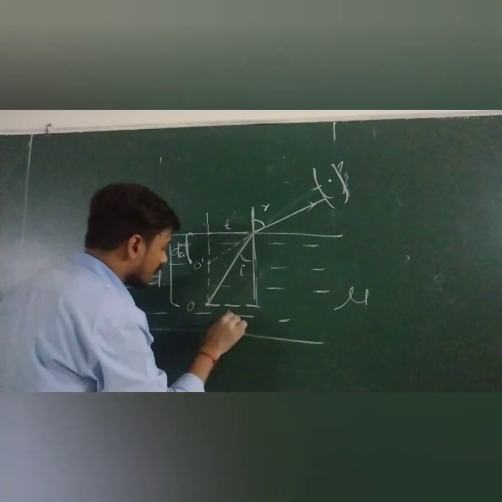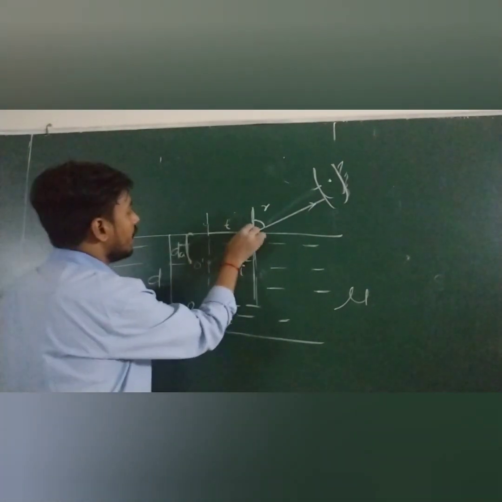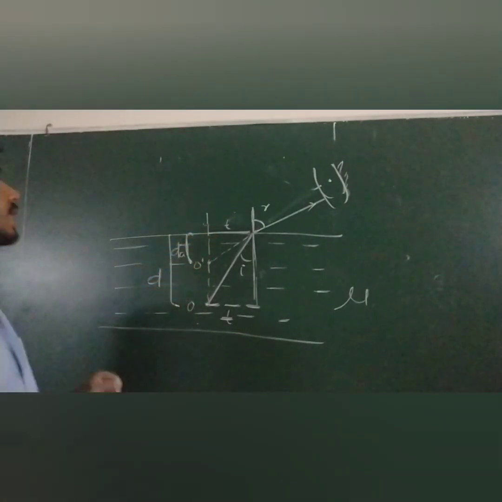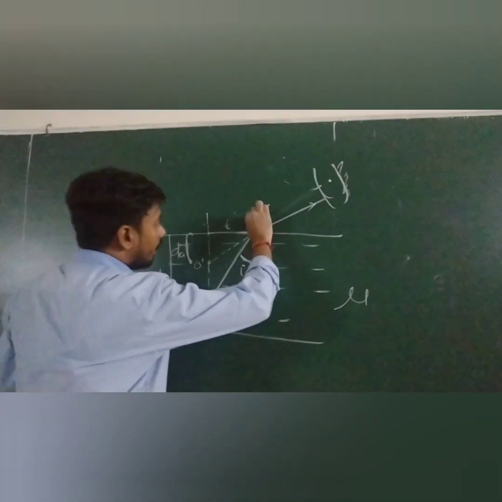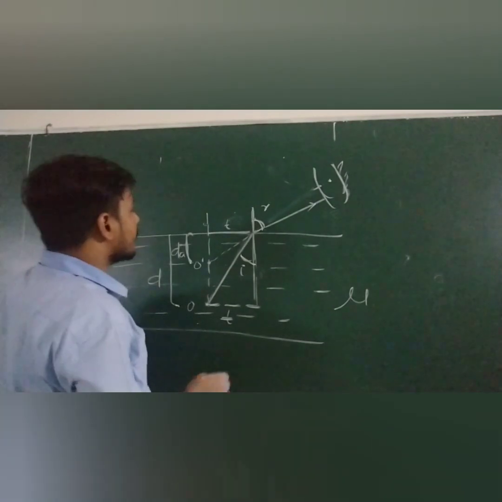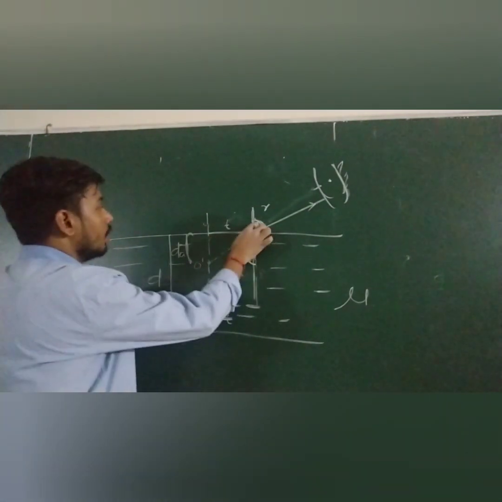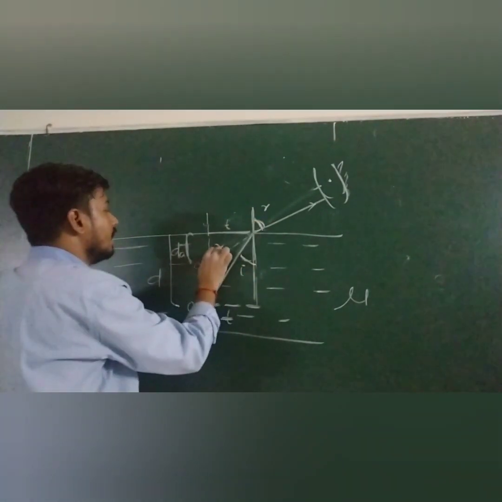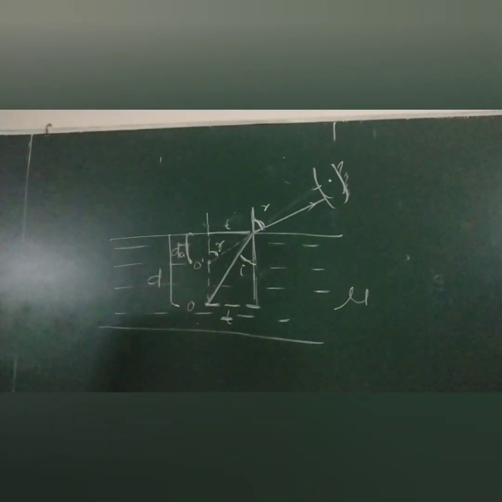Assume this is t. I think this is also t, I'm just taking assumptions. So this is also t. Now this is the angle i, and this is r. This angle will be from the vertical, so we can also say r. This ray is coming like this, so this becomes r, because it is from the vertical.